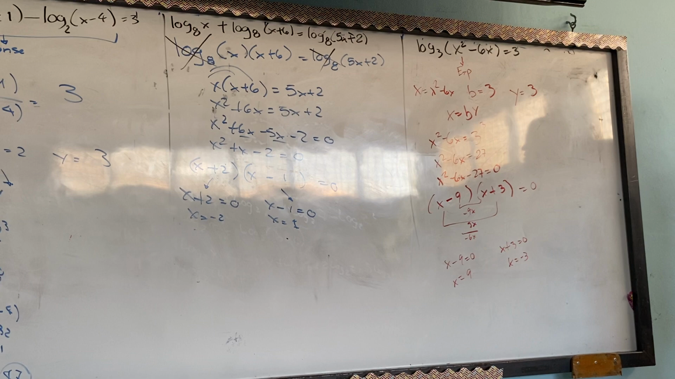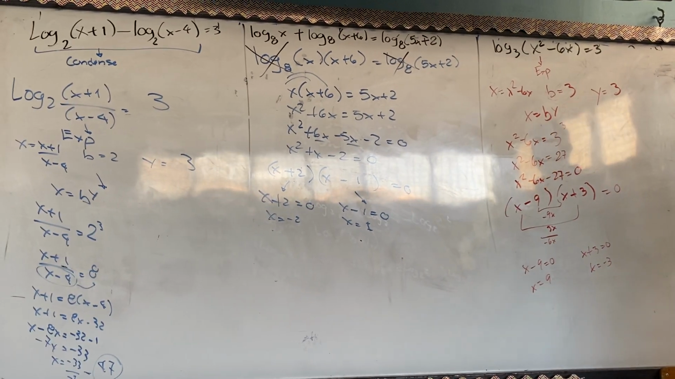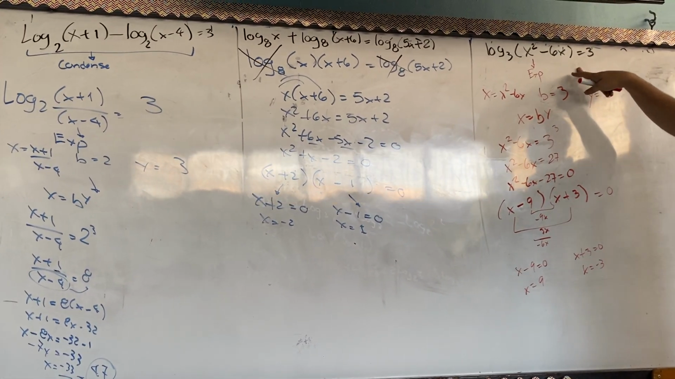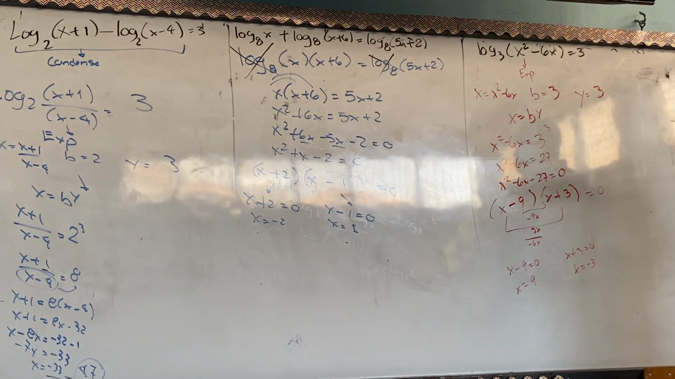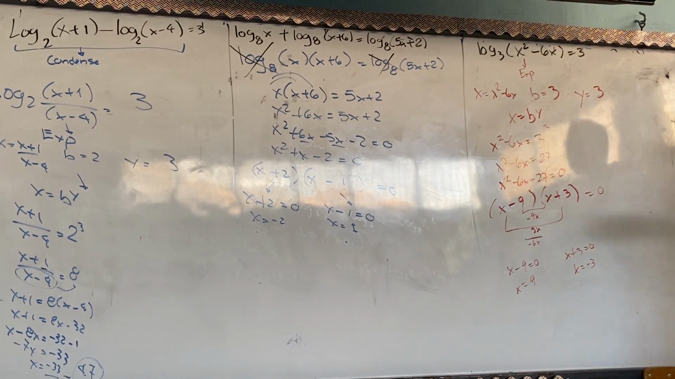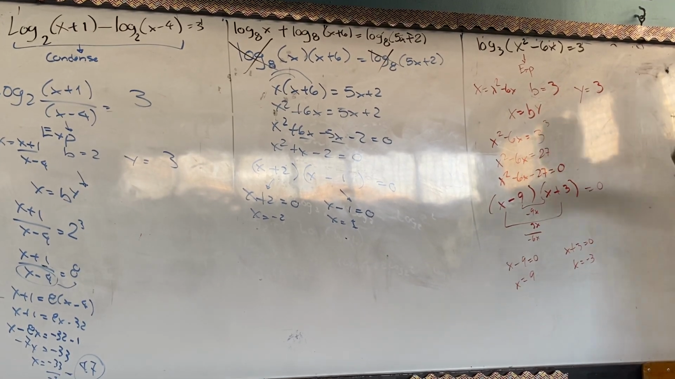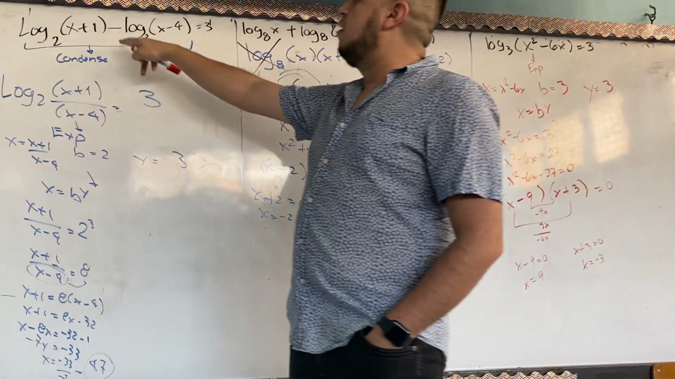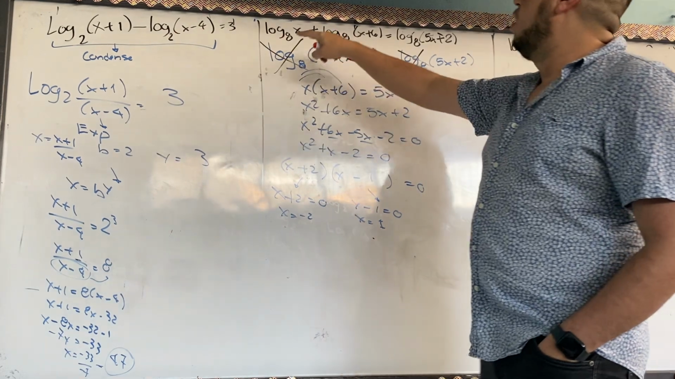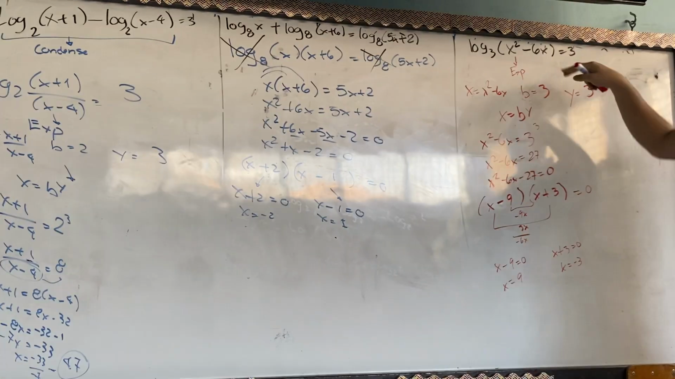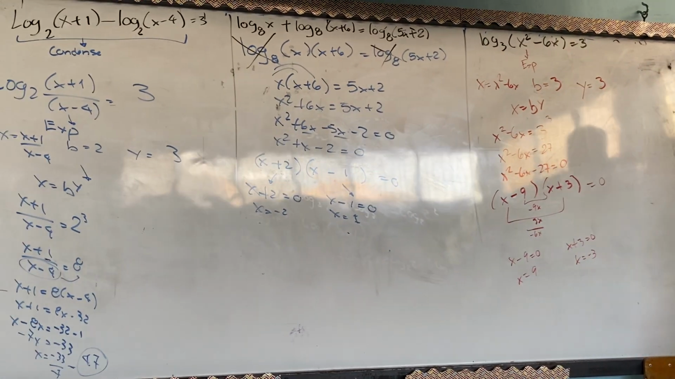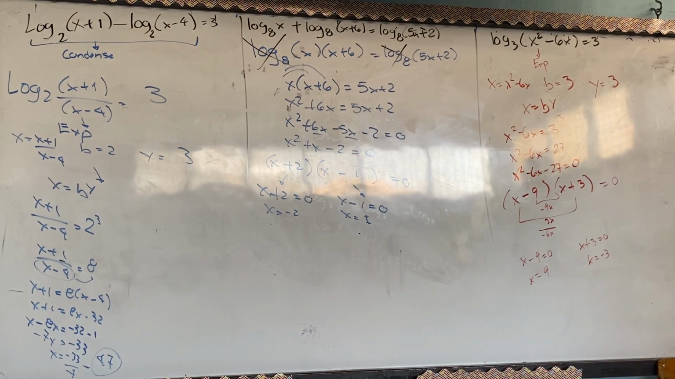So remember the procedure after you change to exponential is according to the degree of the equation that you have, right? But the procedure before will be the same, right? You have to check if you have the logs on the same side, or logs on both sides, or only one log. So these are the three kinds of problems that you